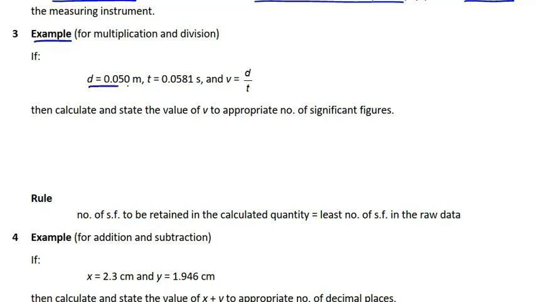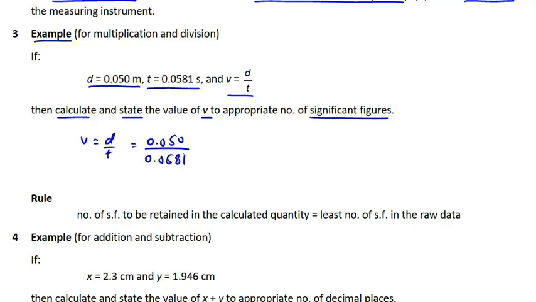If distance d of 0.050 meters is covered in time t equals 0.0581 seconds and speed is given by the expression d by t, then calculate and state the value of v to appropriate number of significant figures. Students, let's determine the value of v first. v is equal to d by t, where d is 0.050 meters and t is 0.0581 seconds. So the speed comes out to be